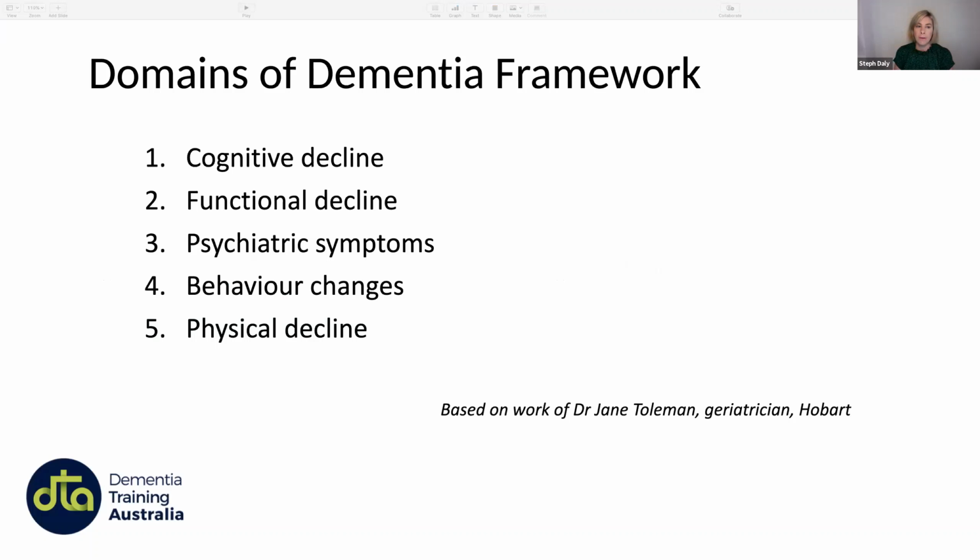And we talked a little bit about the 5 domains of dementia, which will help you to think when you're taking your history and examining someone, does this person meet the criteria for making a diagnosis? And so we talked about cognitive decline, functional decline, psychiatric symptoms, behaviour changes and physical decline. And if you remember, we talked a bit about it not being just about memory, so it's about people who might be misplacing items, they might be struggling with word formation or remembering words, they may struggle to follow a conversation, they may have social isolation, apathy, loss of concentration.